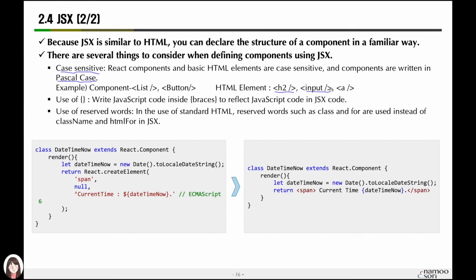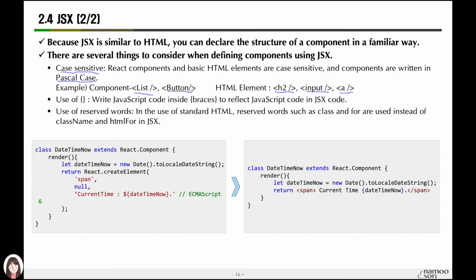H2, input, and a tag. But when we create the components, we will use a capital letter, like List or Button. In other words, when this compilation process goes through, text written in lowercase is basically recognized as HTML elements. When it is a React component we created, like a list or button, we have to write Pascal case like this.